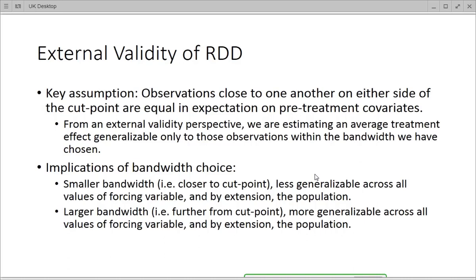So in terms of the larger bandwidth with this example, you would think then would there be another cut point when you hit like 80, 81? Yeah. So this rule follows at every 40 student increment. I'm just giving the simplistic example of looking around that first cut point of 40, but there's going to be another one at 80. A cohort of size 78 is going to be divided into two 39-student classrooms. Same thing with 79, 80, two classrooms of 40, and then when you hit 81, divided into three classrooms of